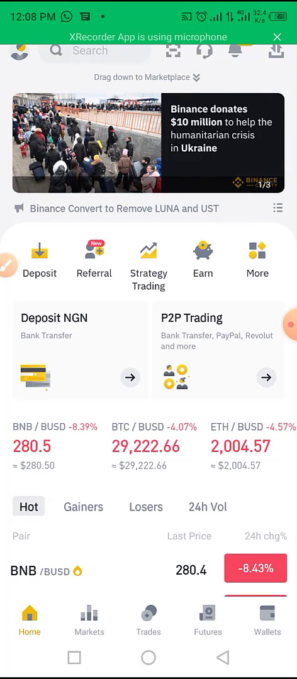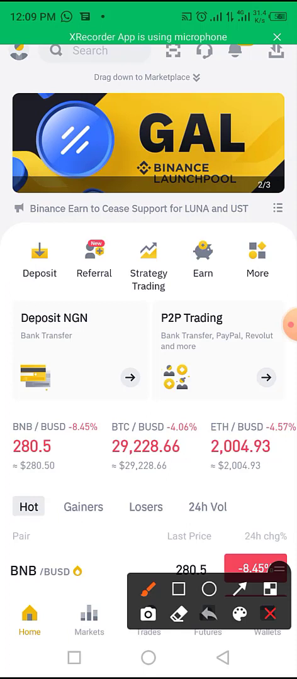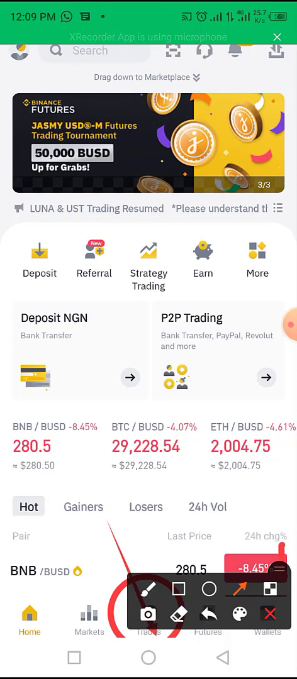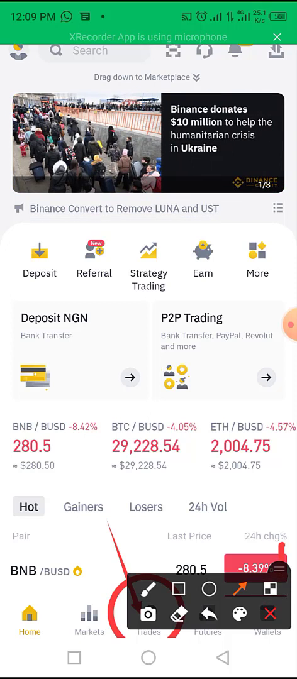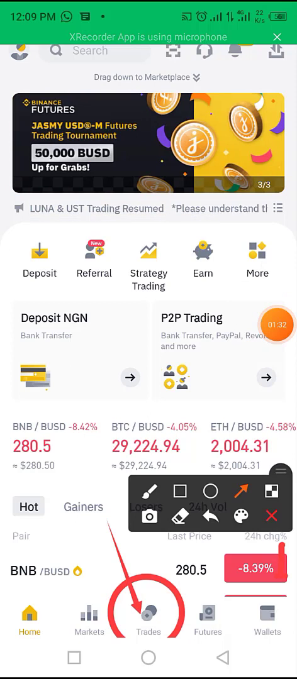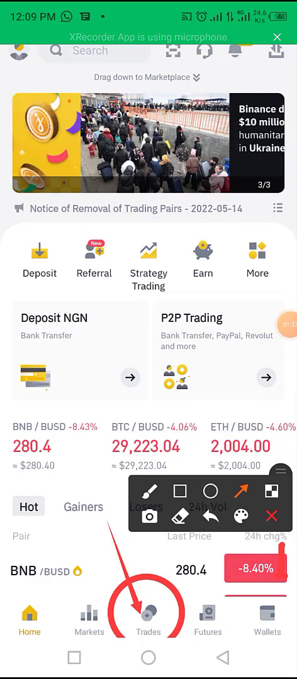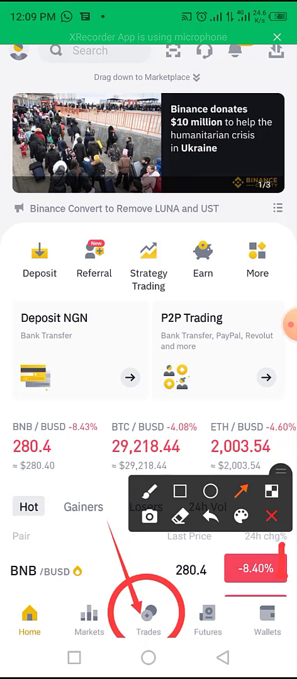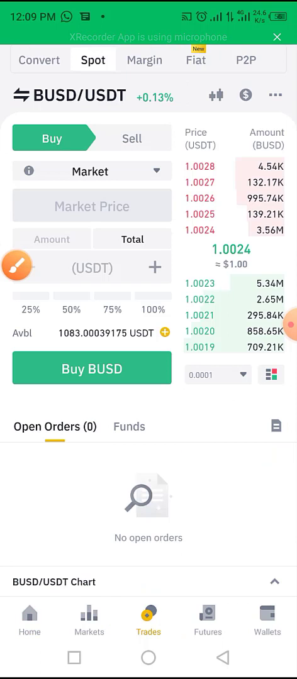So all you need to do is to come to market to trade. Come to trade in this place. You can see trade. Click on trade in that arrow. So just click on it. Then